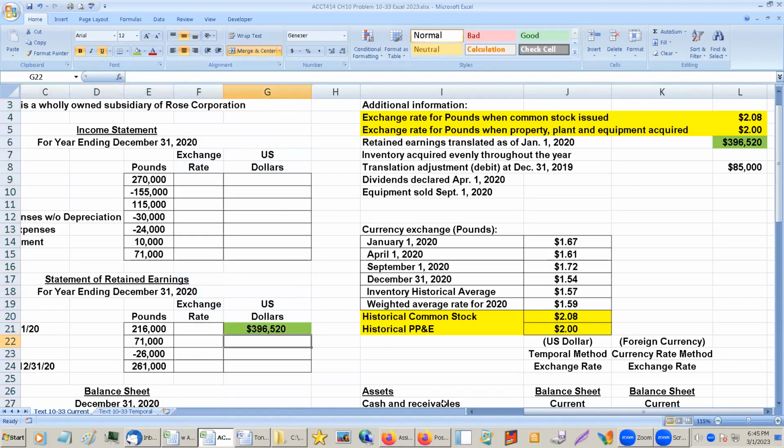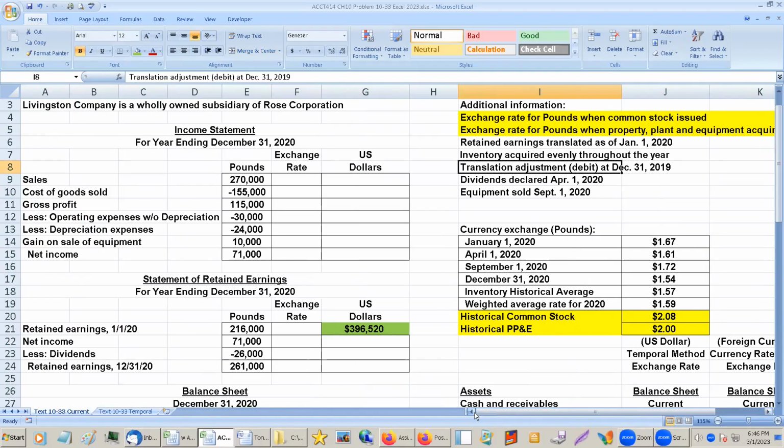All right. Translation adjustment from last year was this. We'll get to that later. All right, so